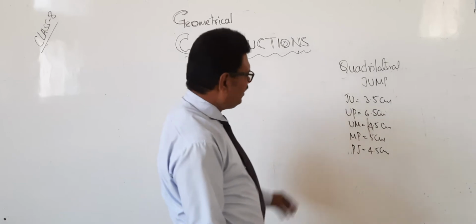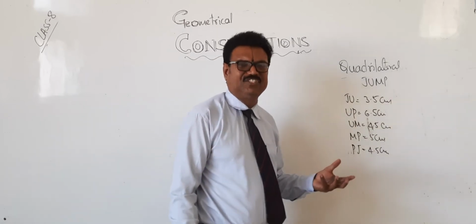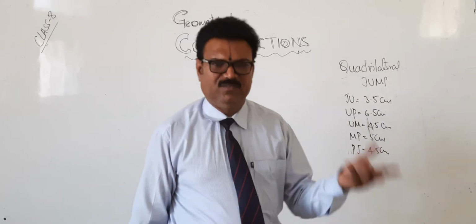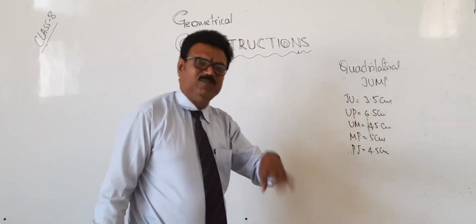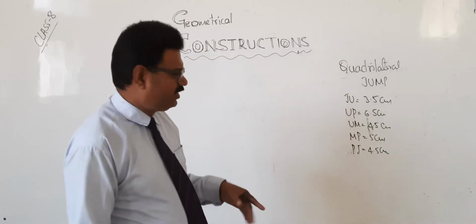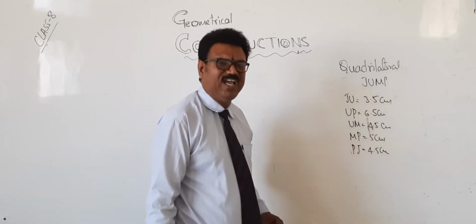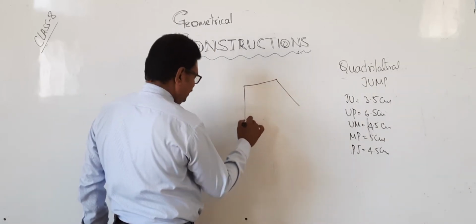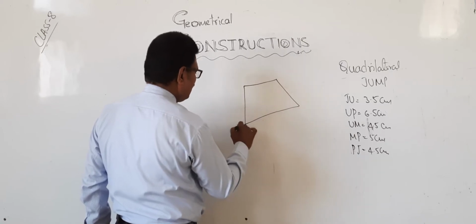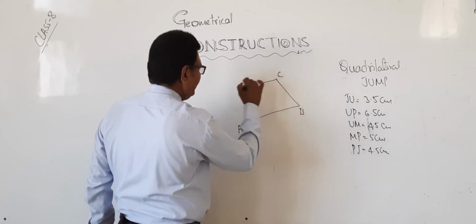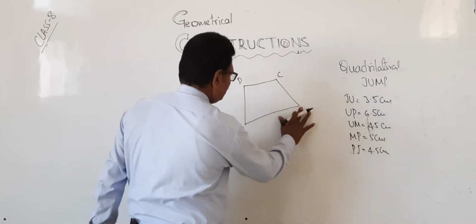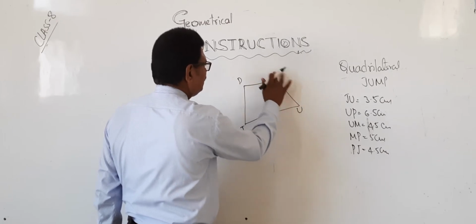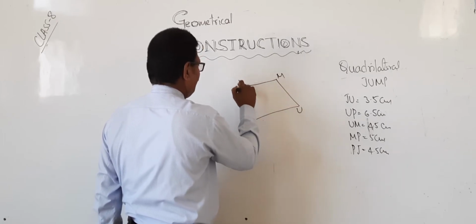How many elements are required? 5 elements. In one more question they may ask you the elements required to construct a quadrilateral: 2, 3, 4, 5. You fellows may think a quadrilateral has 4 sides, so you will take 4. It is not correct. So how many do you want? Yes, 5 you want. Right, I told you always in constructions you should draw a rough figure. Now we start, sorry, it is nothing but J, U, M and P.